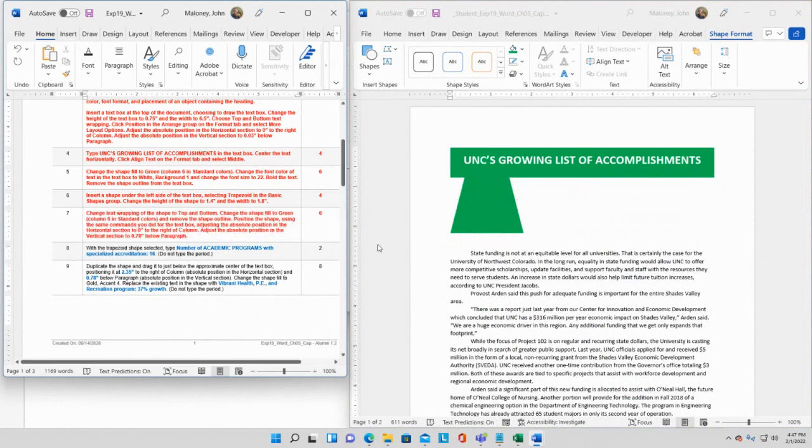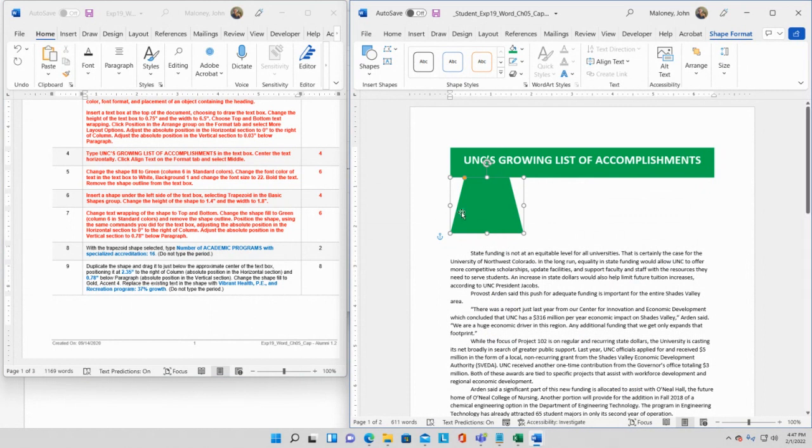With the trapezoid shape selected, that's that. Type, number of. So type, uh-oh. Is that not typing? Okay. Oh, wait, I'm on caps from that last thing. Number of academic programs with specialized accreditation,